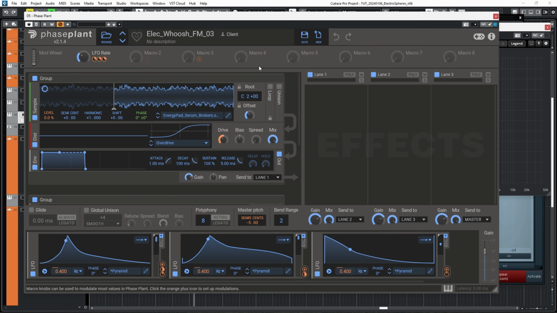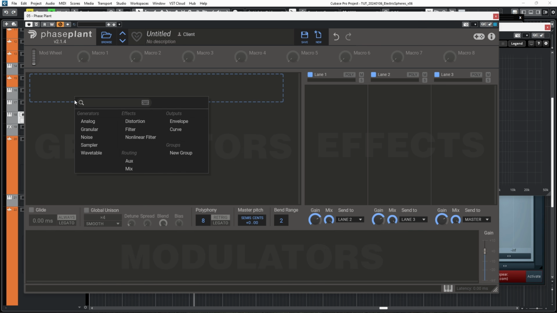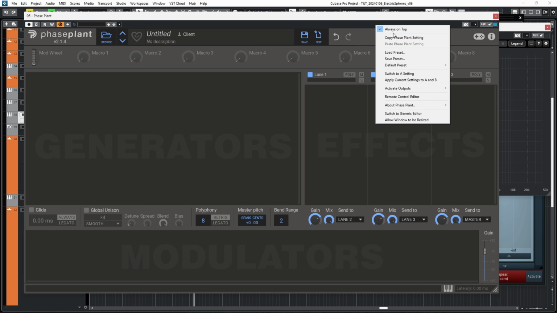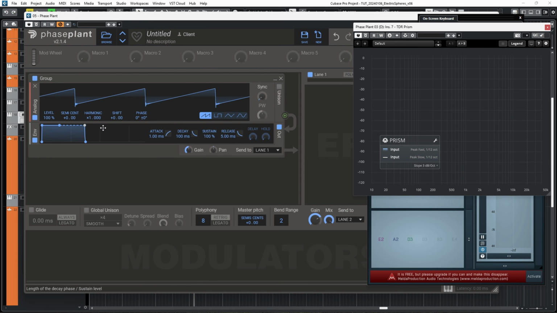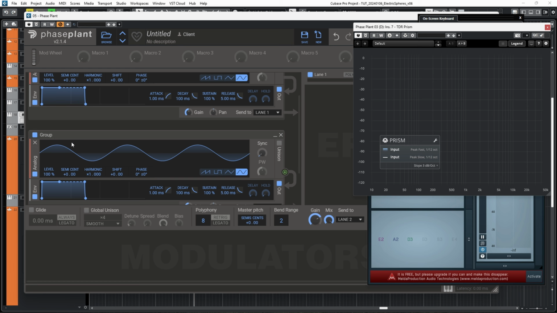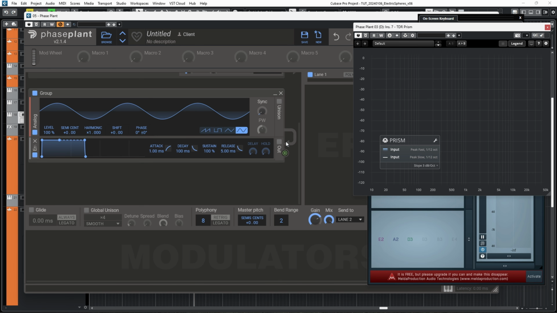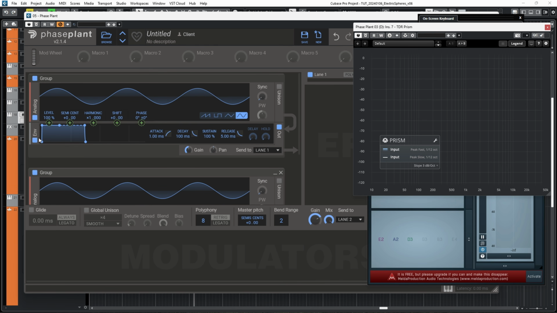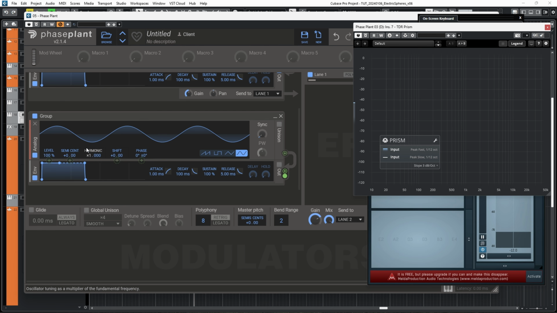Okay, but what I like even more than FM for that kind of patch is to use ring modulation. So again, let's create a new patch and then an oscillator, another oscillator. So let's disable that one and take that one and modulate the level of that one. Same as with FM, if you start very low,